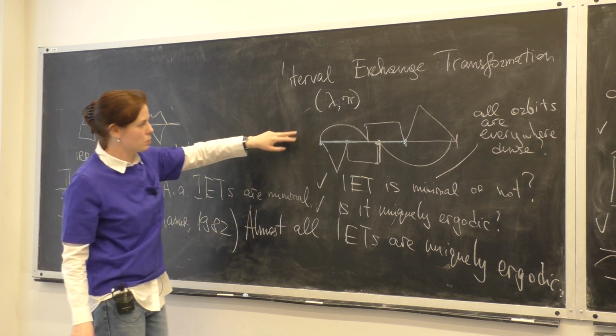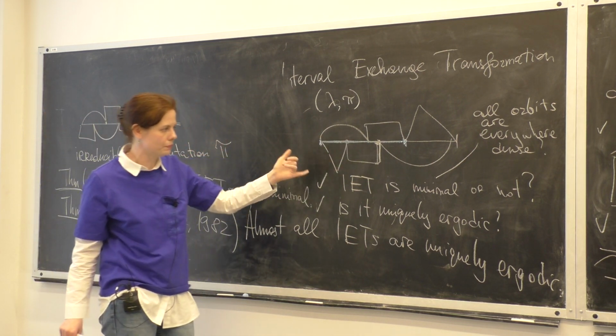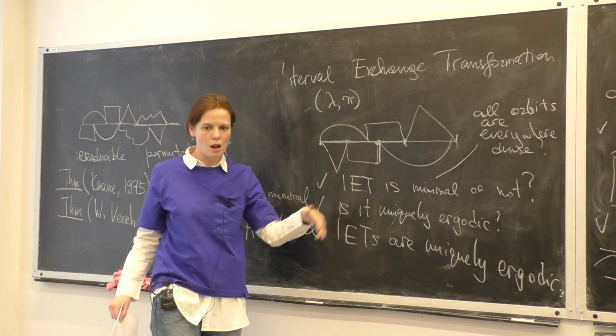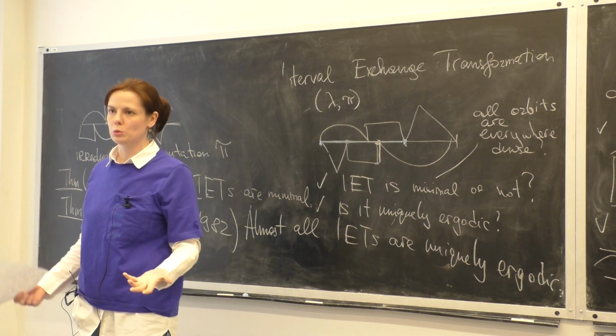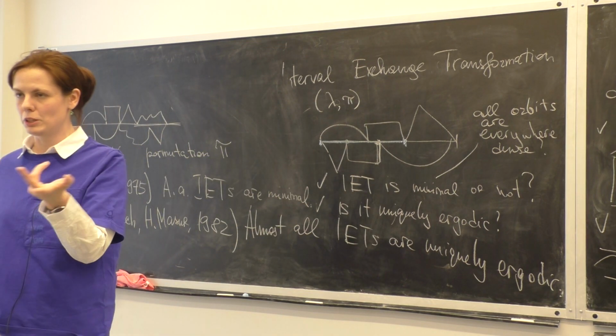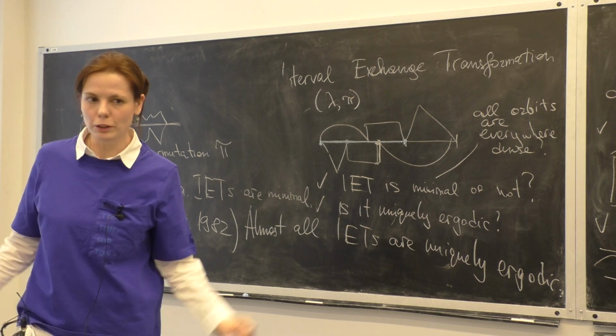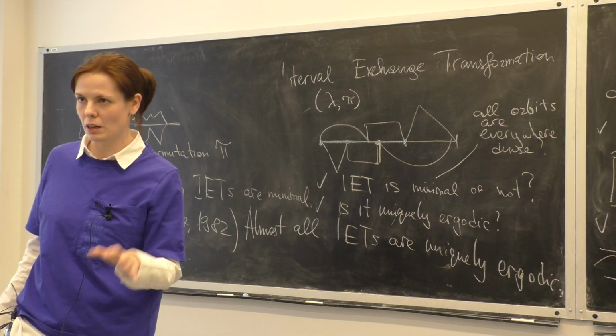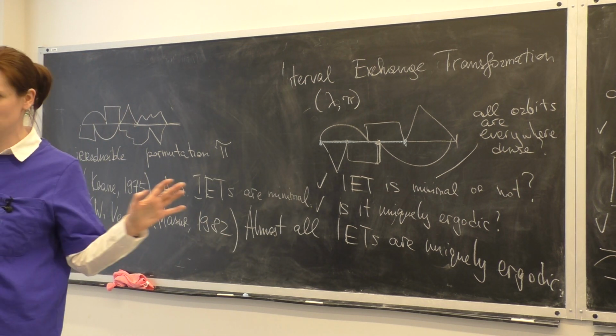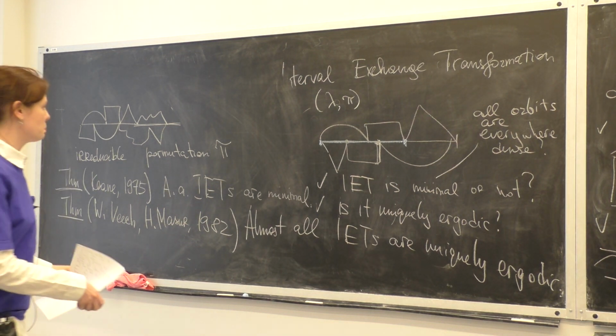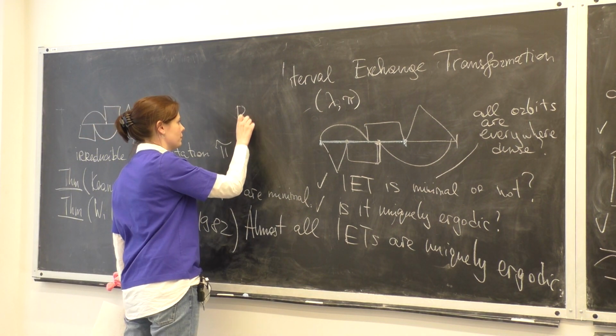And the connection between the lengths of the old and new interval exchange transformations will be given by something similar to the Euclid algorithm, so it will be just the difference between two. I don't want to take much of your time now to convince you of it, but it's a rather simple thing. And this procedure is called Rauzy induction.